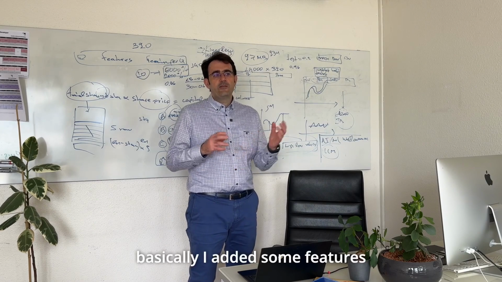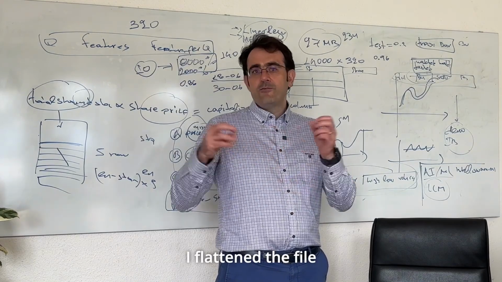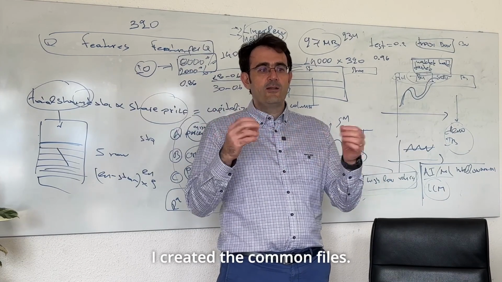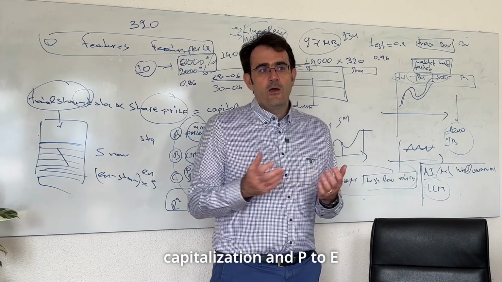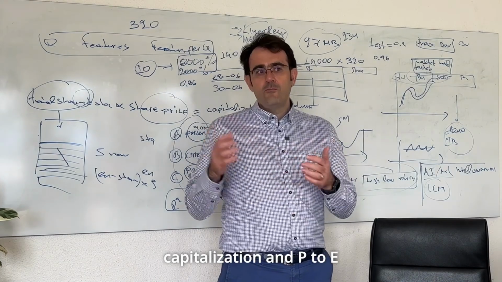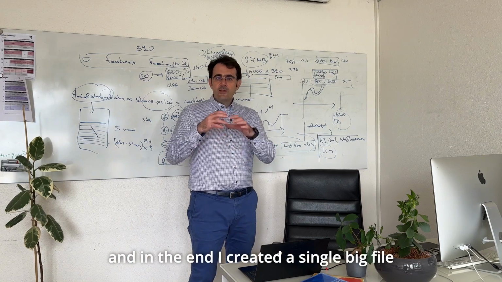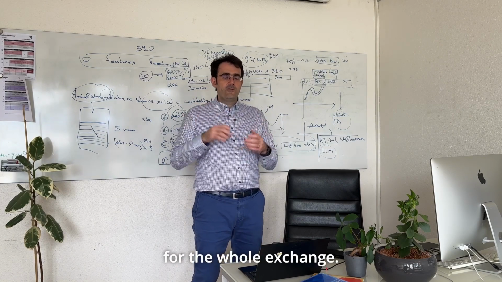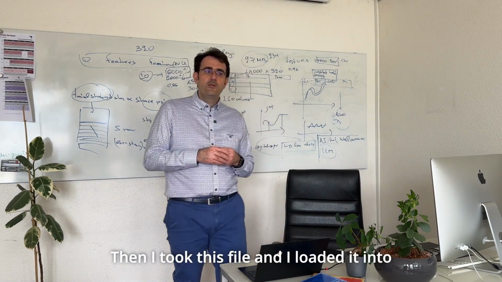So basically I added some features. I flattened the files, so I combined JSON files with CSVs. I created common files. I created new features like the capitalization and P/E and other indicators of a stock. And in the end I created a single big file for the whole exchange. Then I took this file and I loaded it into